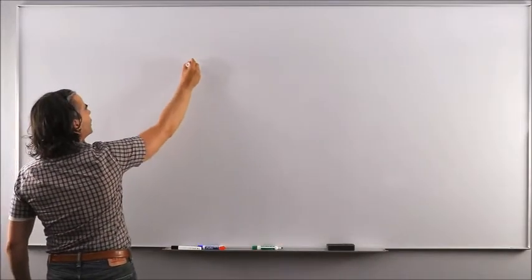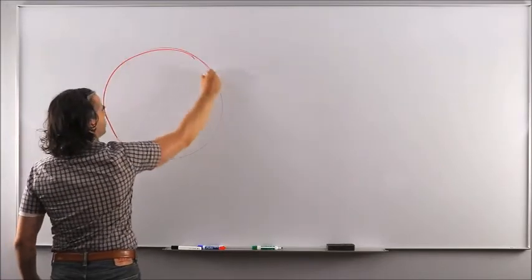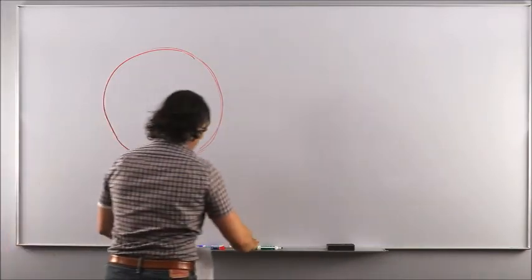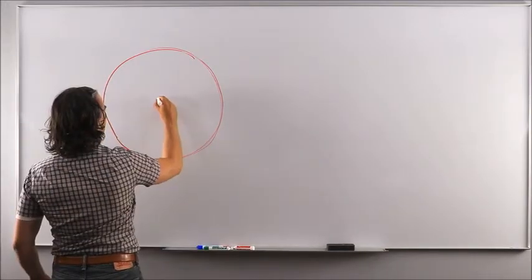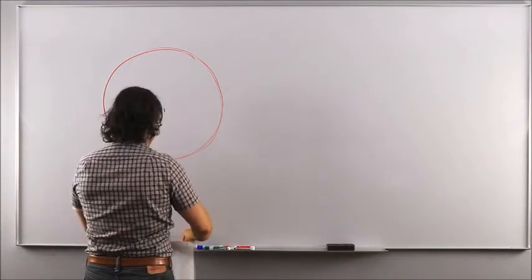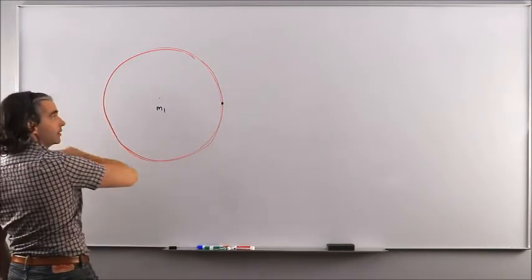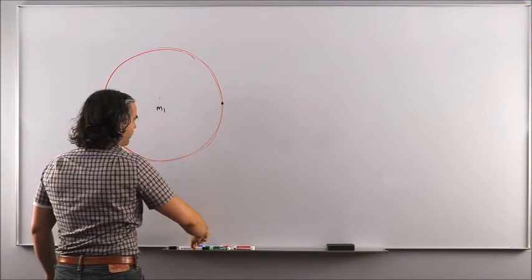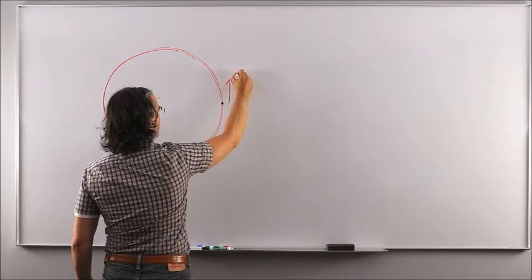So let's go back to the drawing. Initial circular orbit, like this, with M1 right in the center. This is the Earth. And then you apply a maneuver. So again, pick a point. Any point is good along a circular orbit because the radius is the same and the speed is therefore the same throughout. So you are traveling with v1 in this direction,